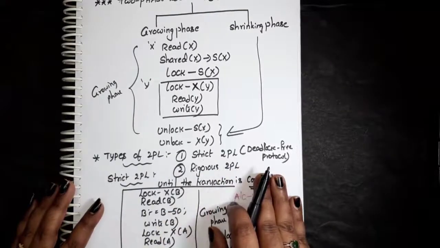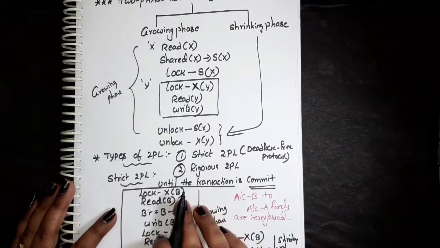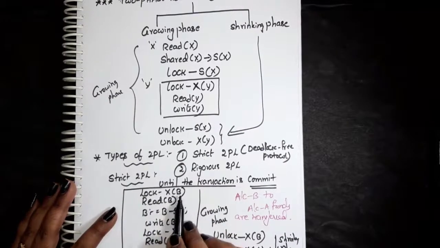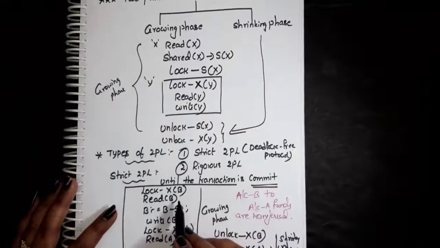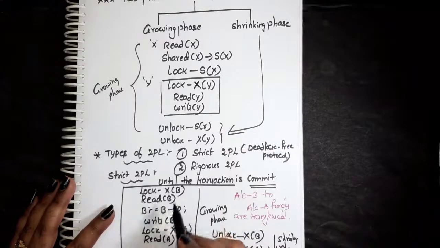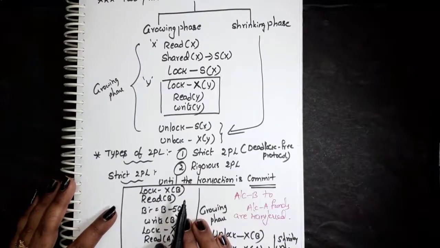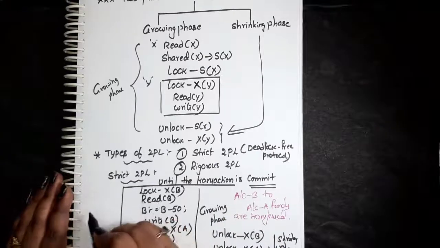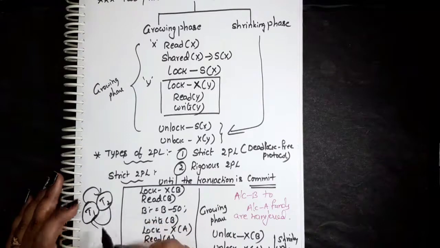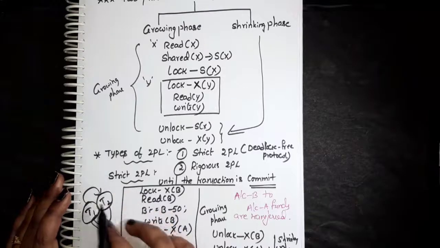If different transactions are executing, and a transaction holds a particular lock on a particular data item, then when another transaction comes, say T1 holds a lock on B. If a T2 transaction wants to place a lock on the data item B, but the lock is already placed by the T1 transaction. If the T1 transaction releases the lock, then the T2 transaction may hold that lock. So the T2 transaction is waiting for T1. Here, T1 may be waiting for T2 and T2 waiting for T1, so it may enter into a cycle,